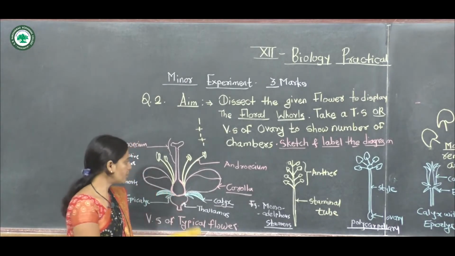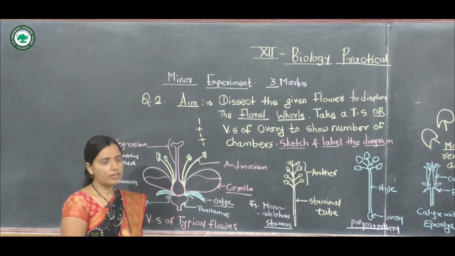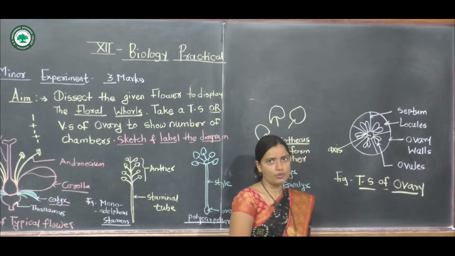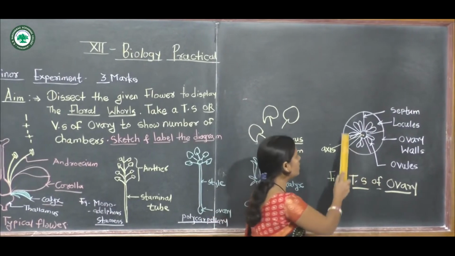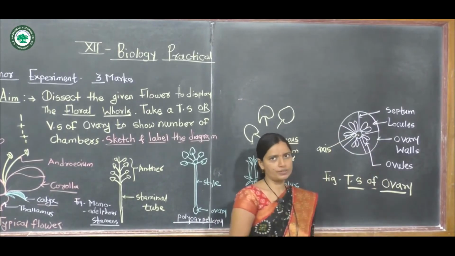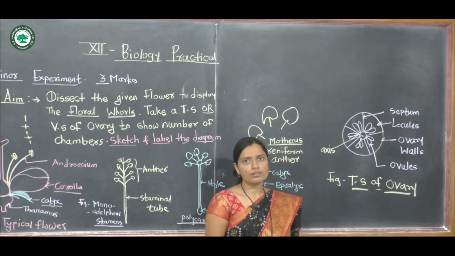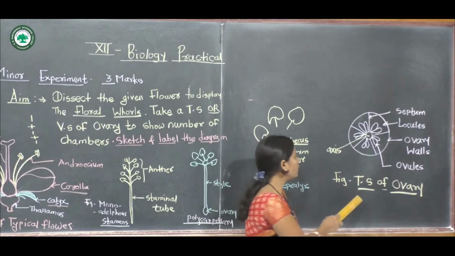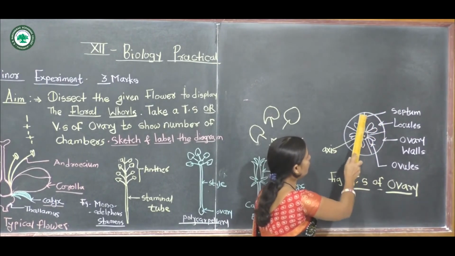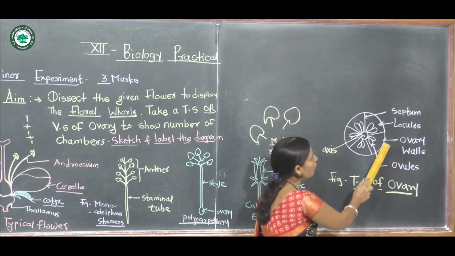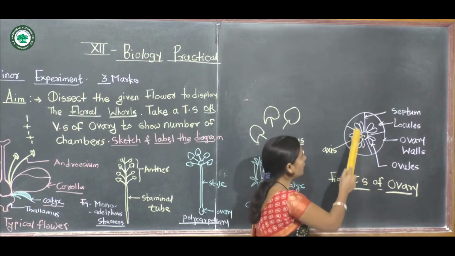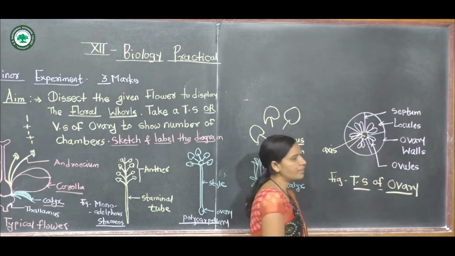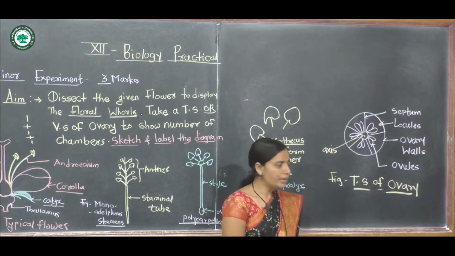Next 1 mark: take a section of the ovary, the transverse section of the ovary, and this section shows 5 chambers. The ovary or gynoecium has 5 carpels. The transverse section shows the outermost layer, called the ovary wall, and the ovary is divided into 5 parts, meaning 5 chambers or locules, and in each locule